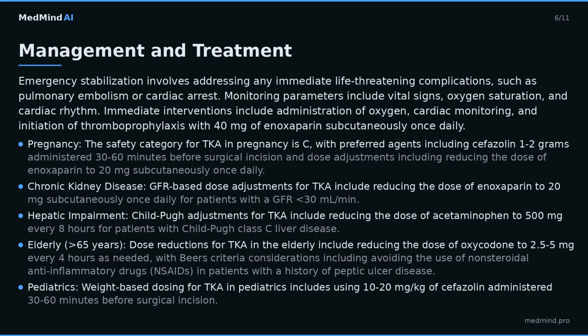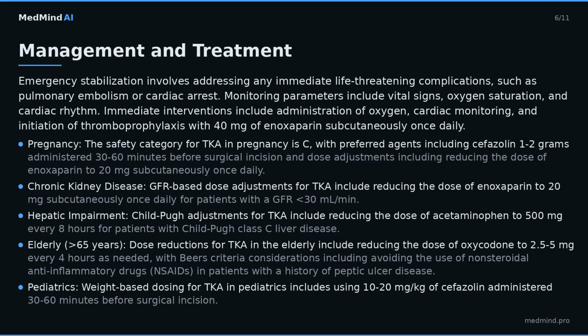The expected response timeline for pain management is typically within 24 to 48 hours, with monitoring parameters including pain scores and opioid usage. Key points: pregnancy. The safety category for TKA in pregnancy is C, with preferred agents including cefazolin 1 to 2 grams administered 30 to 60 minutes before surgical incision and dose adjustments including reducing the dose of enoxaparin to 20 mg subcutaneously once